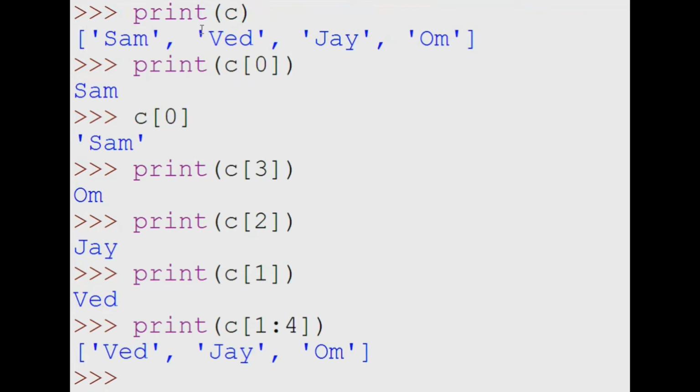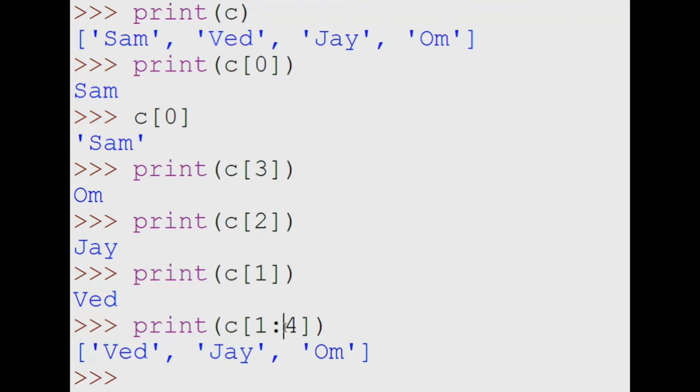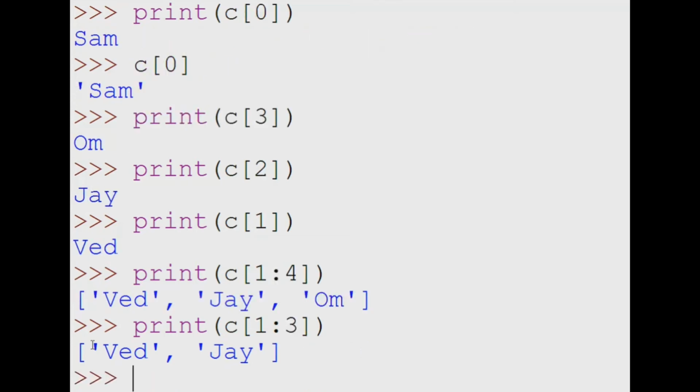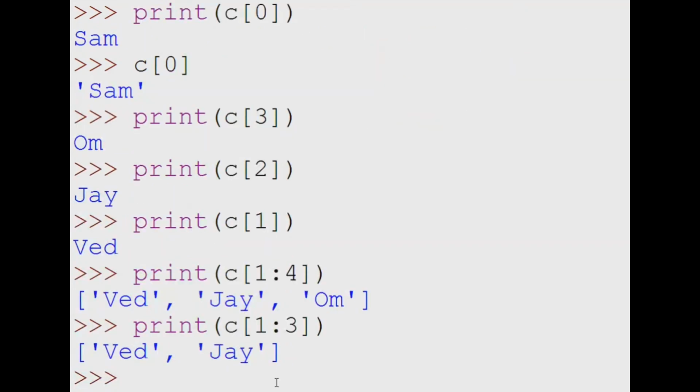I have written 4 because it takes the predecessor of that number. Means if I take 3, it will take 2, which means Wade and joy. It will take 2.